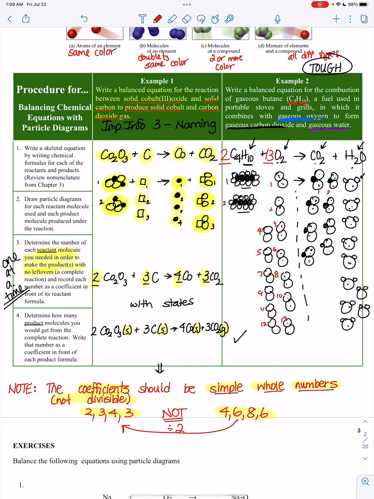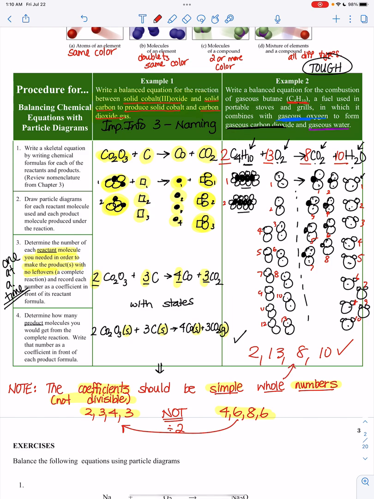I made 1, 2, 3, 4, 5, 6, 7. I made 8 CO2s. And I made 1, 2, 3, 4, 5, 6, 7, 8, 9. I made 10 H2Os. If we check, 2, 13, 8, and 10 are in simplest whole number